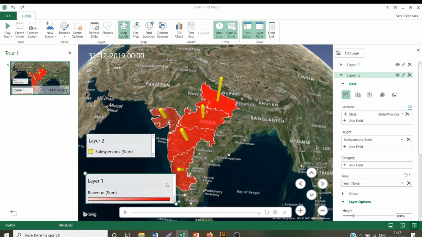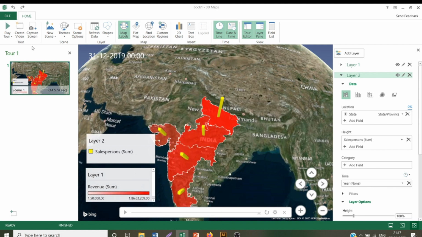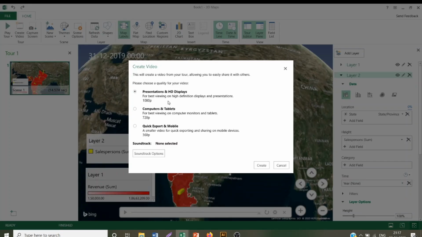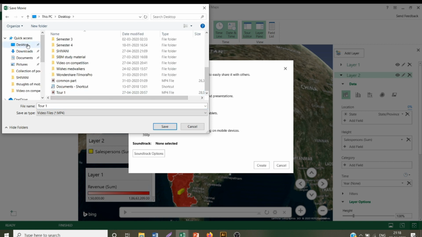Now if you want, you can also create a video out of it to be played in your presentation or whatever it is. You can go to create video. You can opt for the resolution depending on your needs. So let's say I'm going for the highest one. And you can also add the soundtracks and you click on create. Save it on desktop and I rename it, and I save it in the MP4 format.